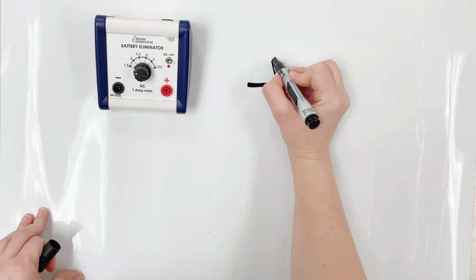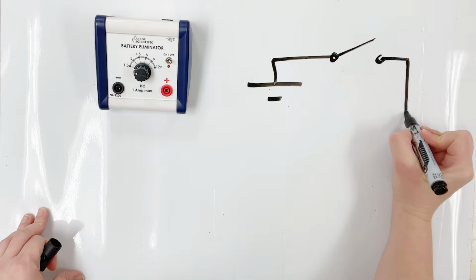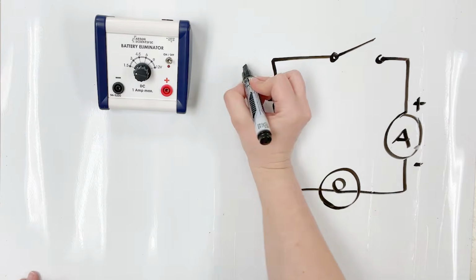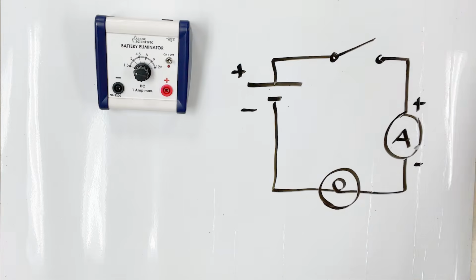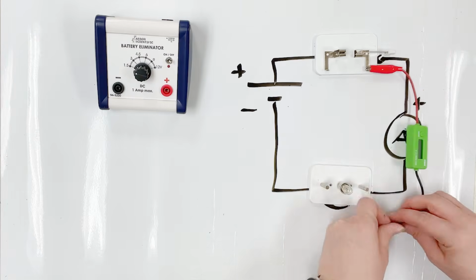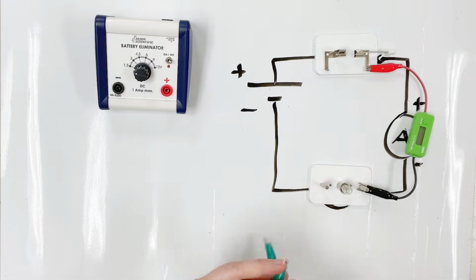Once students understand current and voltage separately, they're ready to explore Ohm's Law. Ohm's Law describes the relationship between voltage, current, and resistance, and it helps students predict how a circuit will behave. To test whether a component obeys Ohm's Law, students build a simple series circuit with a switch, one bulb, and